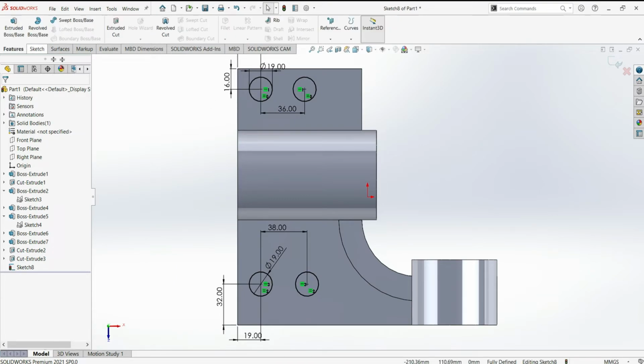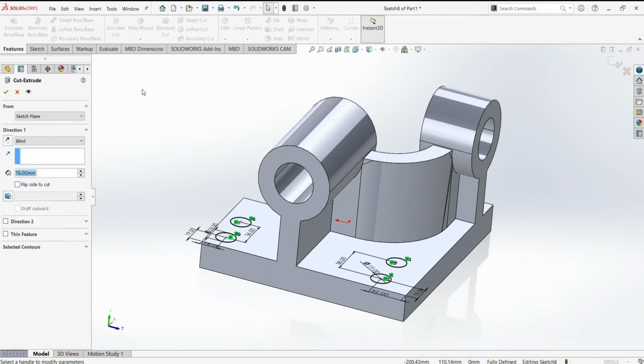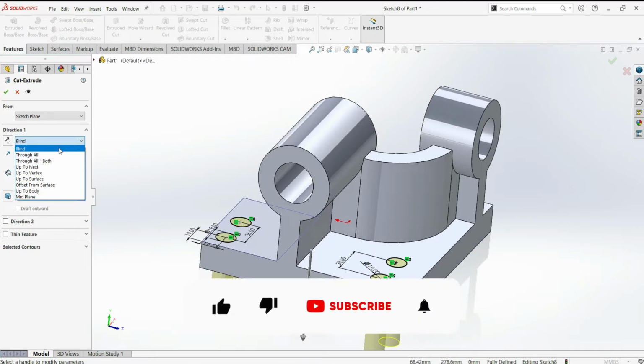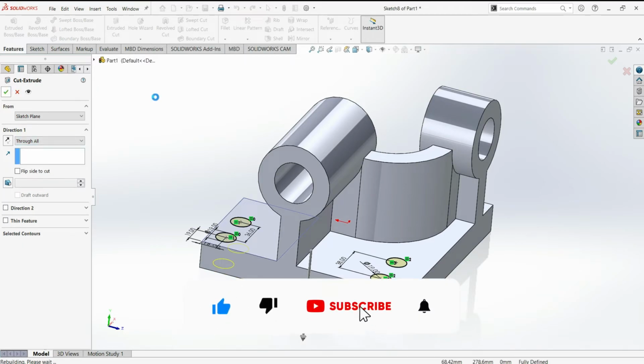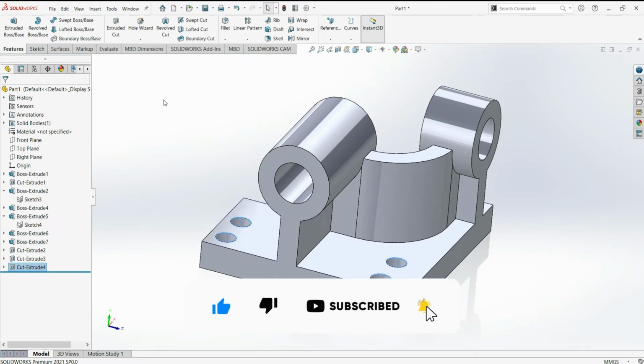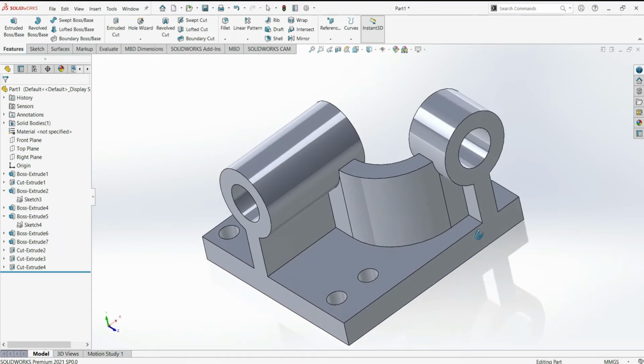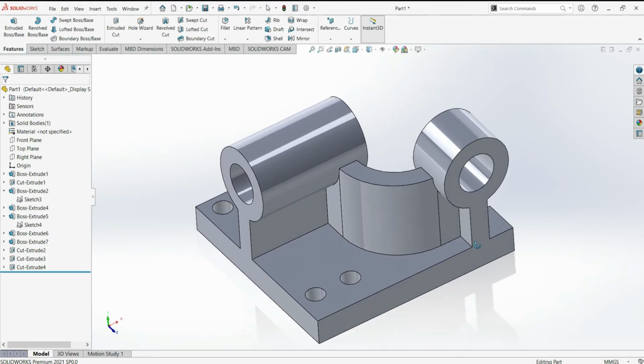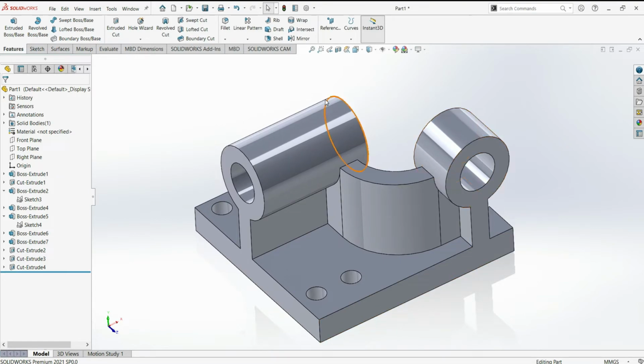Now let's go to features and select extruded cut, end condition will be through all, select OK. So that's it.